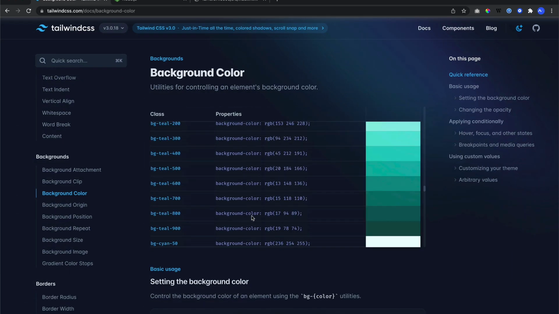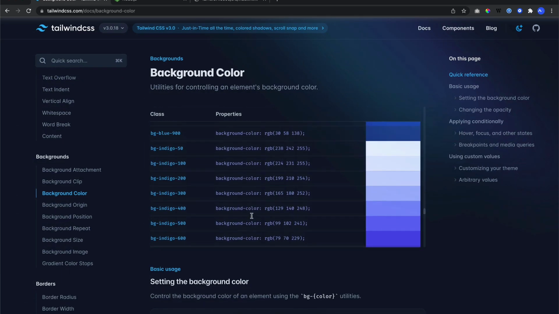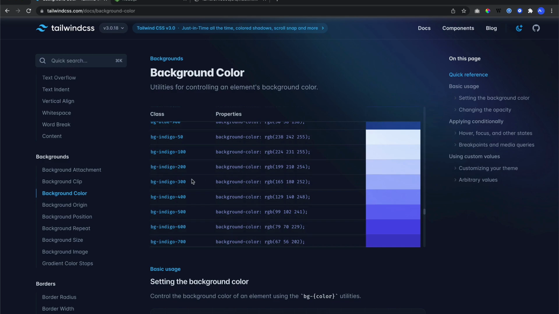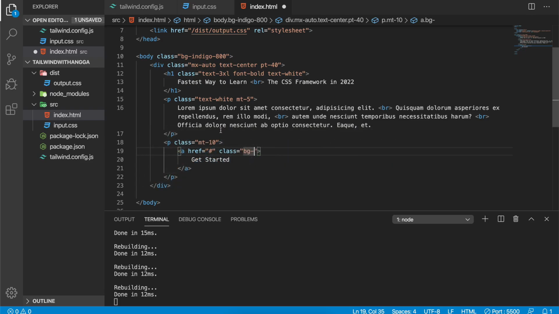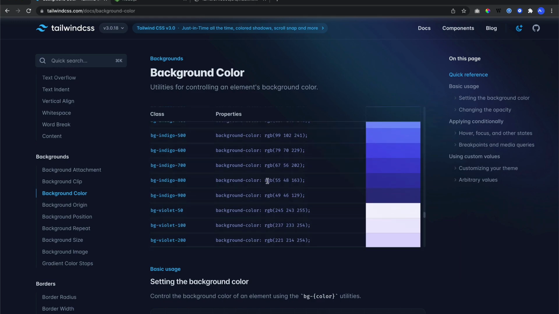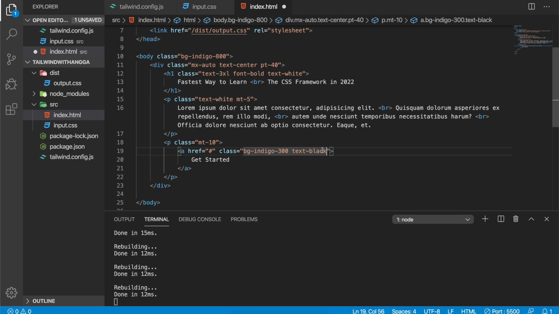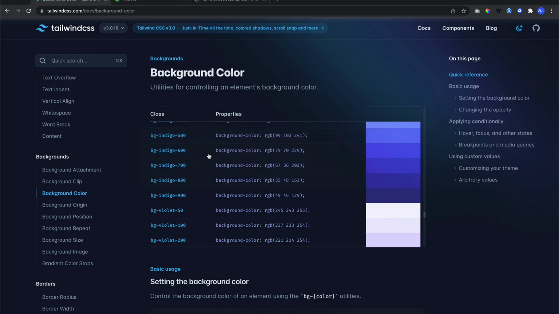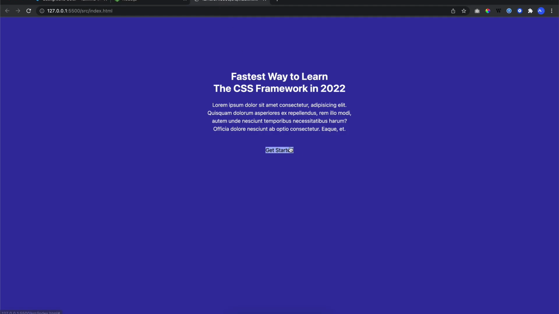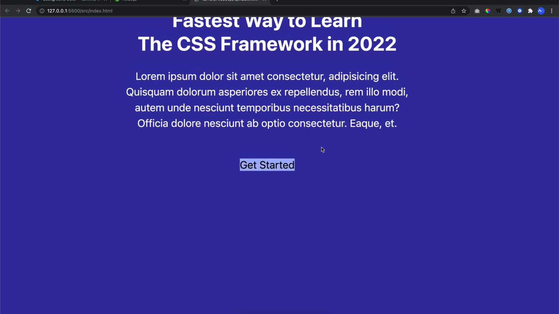Let's say you want to have a button with the background color, maybe this one, indigo 300, with the color of text maybe a little bit black, maybe just text black. There you have it. But the question is, the button is just too small, correct?